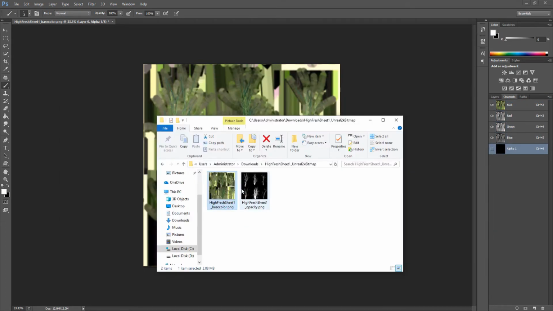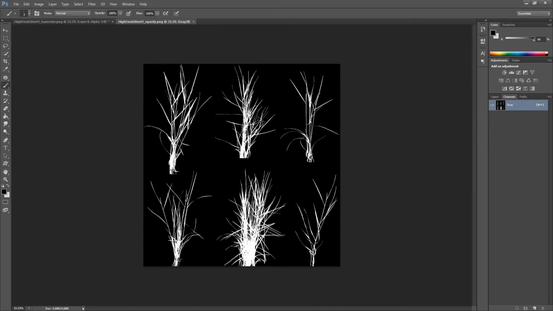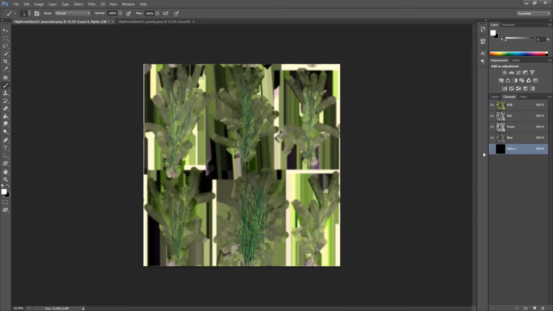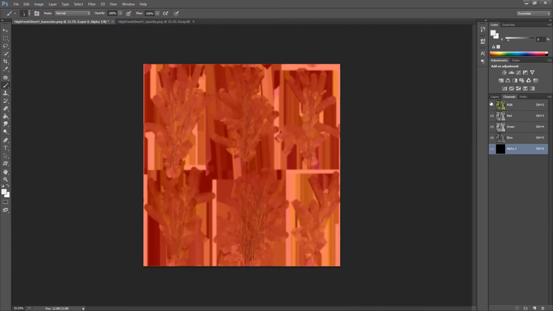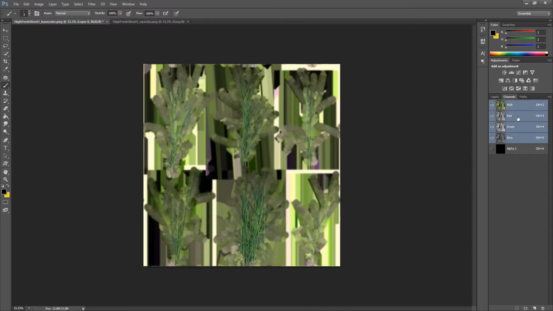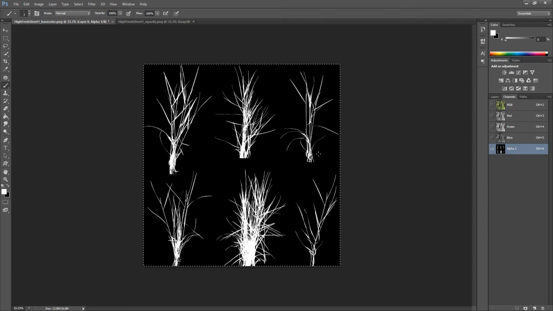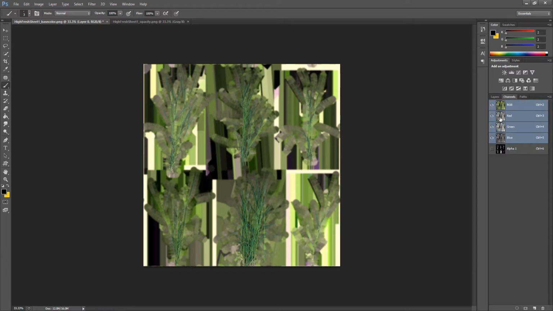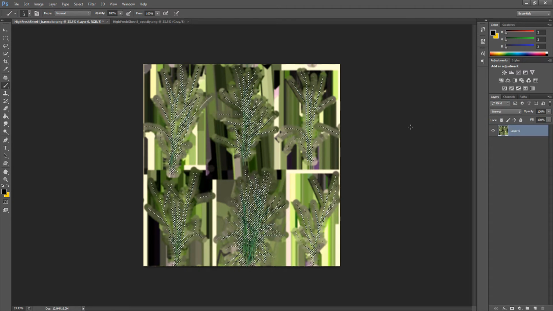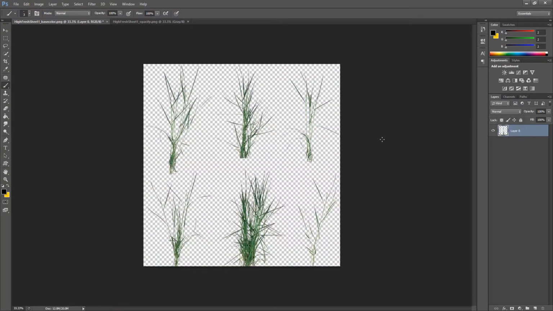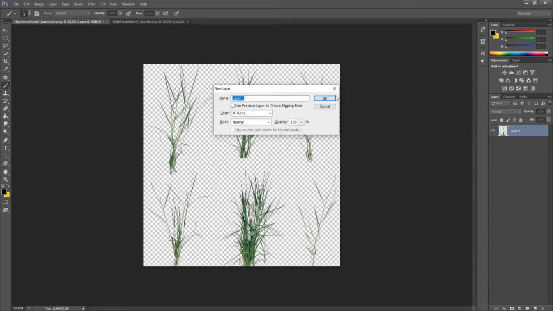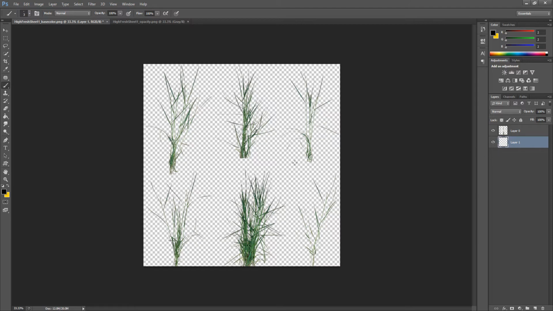Just add an alpha channel here, bring this guy in. And I'm just going to paste that in there for the alpha, and then I'll select it, invert my selection, and just remove that hideous bleeding background that they've got there, and I'm just going to default this to some kind of green, just